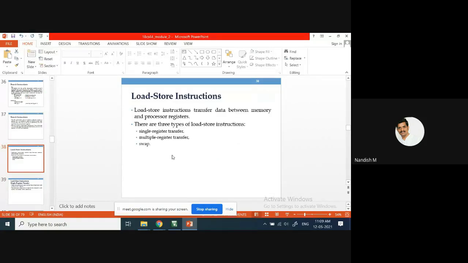Next, we'll move on to the load and store instructions, which are commonly used in all the programs. Any simple program you write, you cannot write without these load and store instructions, sir. Why? Because you have to load into the register. Without this, it is not possible. Load means load into the register. Remember in that way. Load means load into the register. From where? From the memory.